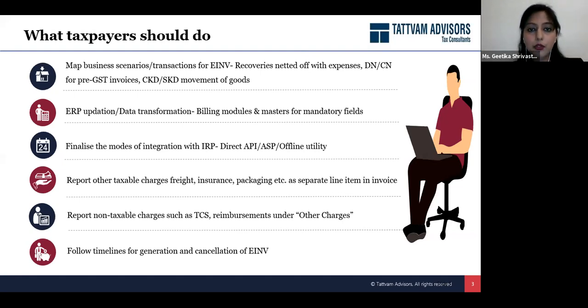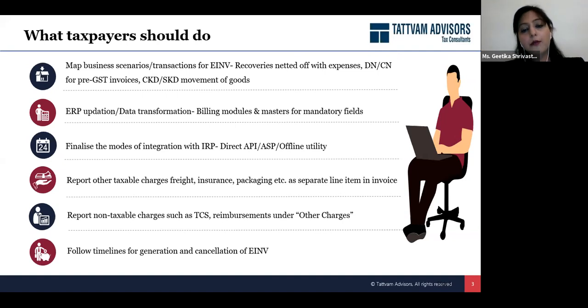Because today, in most of the cases, or in some of the cases, we have seen the billing module, the data is already there, there is so much data on the invoice that there is no space to put in any extra information. So this is the time when you need to look into your billing module. You need to see what all information is relevant from the tax perspective, and where all you can place this QR code. Because if you are sending any invoice or any movement of goods or any services is being supplied on an invoice which is not containing a QR code, then this would not be treated as a legal tax invoice and all the penal provisions will follow.